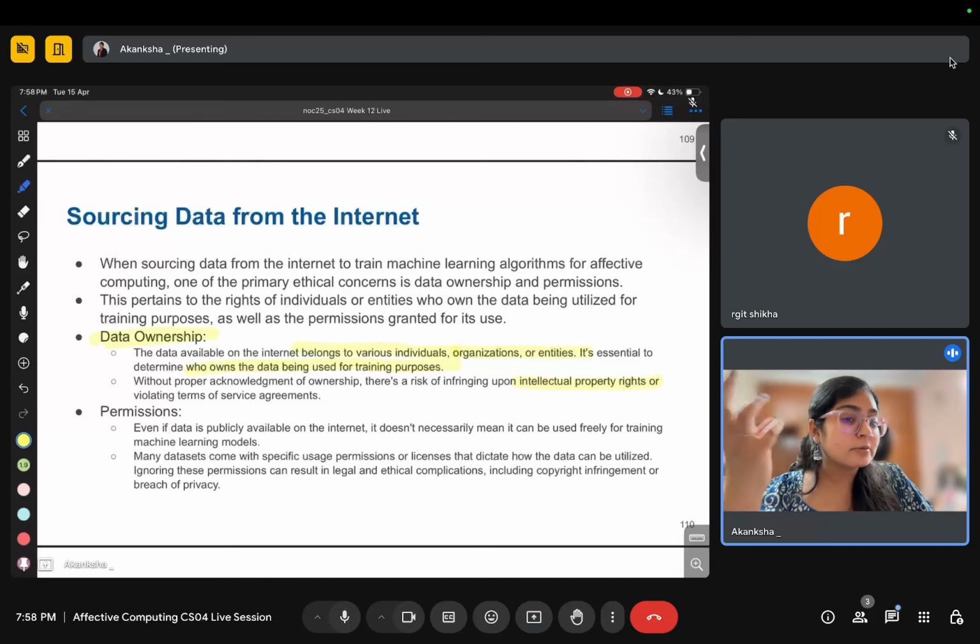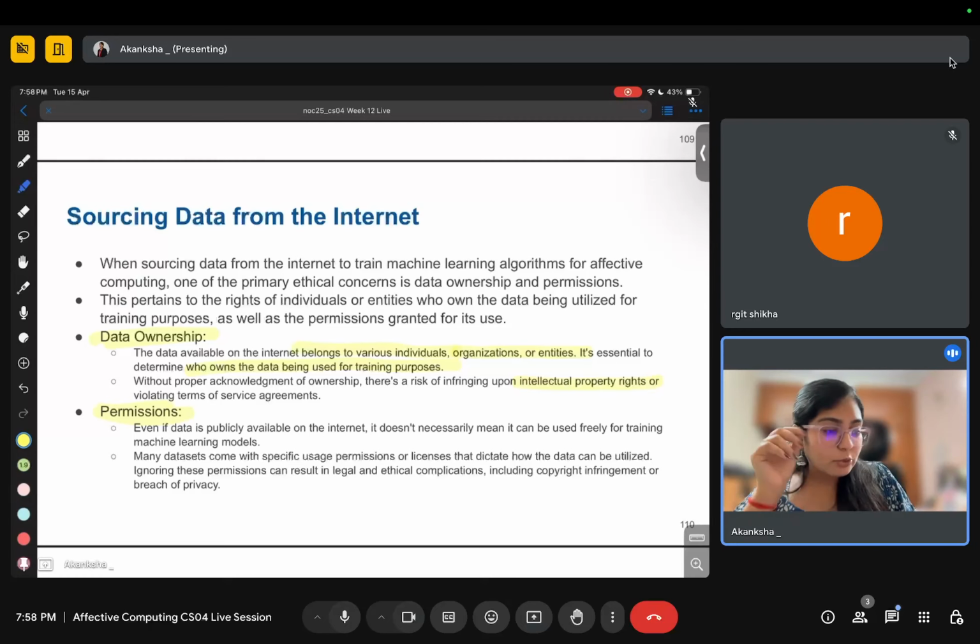So plagiarism and everything. Then permissions, of course, ignoring some permissions can result in legal and ethical complications, copyright infringement or even breach of privacy. Let's say you use some YouTube video or a personal video and you're using it for monetary benefits.